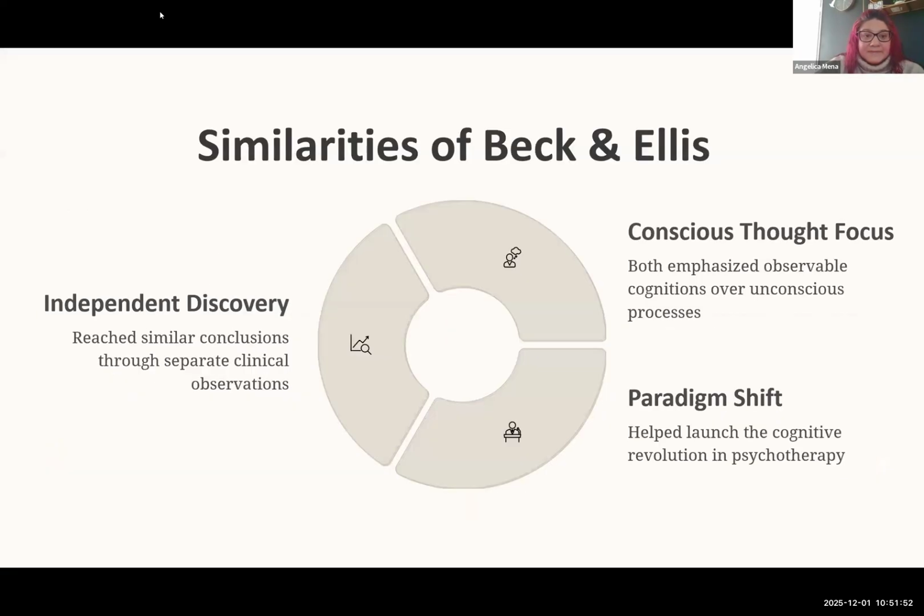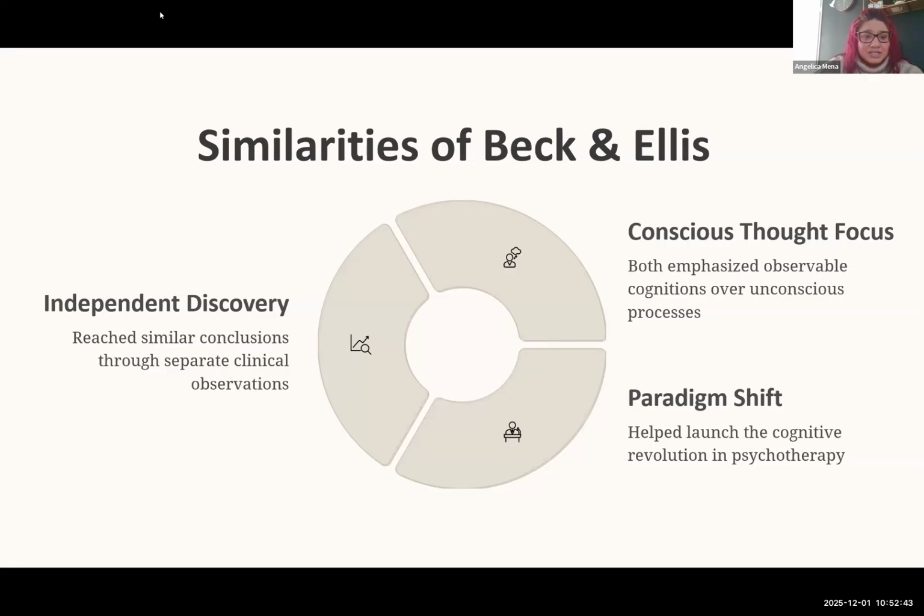Okay, so now that we've talked about both cognitive behavioral theories from Beck and Ellis, let's talk about some of the similarities, because I think you'll already notice there's a lot of similarities between both of the models. They both come to similar conclusions, even though they had their separate clinical observations. Beck spent a lot of time doing actual research with depressed patients, and that's how he came to the idea that thoughts are influencing this depression, right? And Ellis talks about needing to be more direct with clients